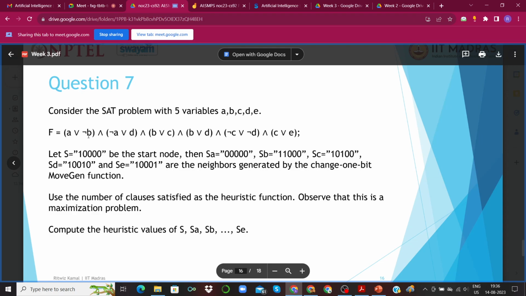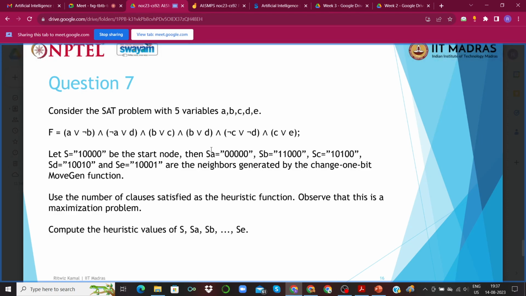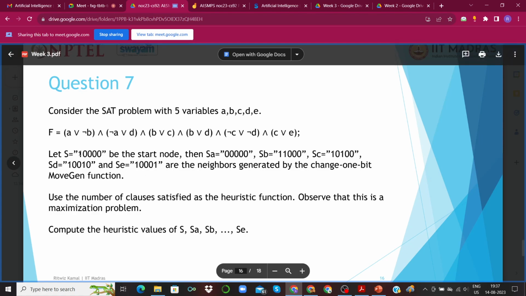A can have 0, B can have 1, B can be 0, and so on. Based on the configuration of the values of A, B, C, D and E, this particular formula F would have another value. Here you are given a particular configuration of A, B, C, D and E to start with, which is 1 0 0 0 0.